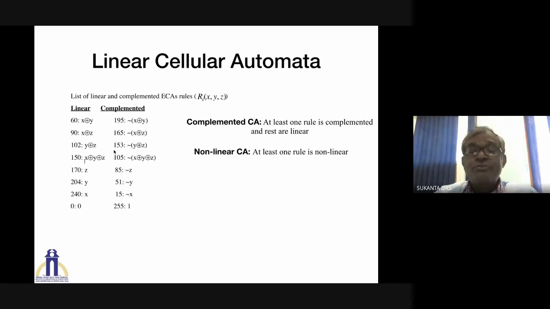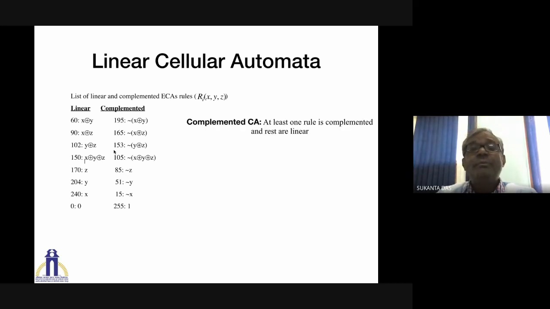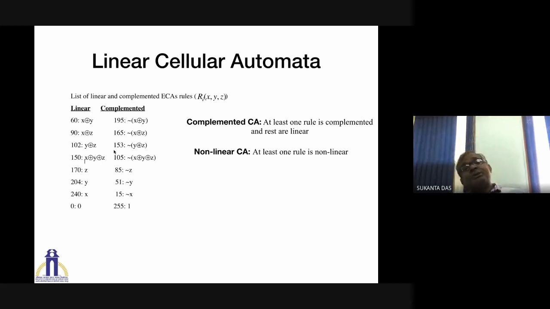I think I should stop here. So this is about it. Today we started from a very general definition of non-uniform CA, right? Then we discussed some subclasses. Finally, we reached finite non-uniform CA, and in particular, we discussed non-uniform ECAs, a non-uniform CA where the rules are ECA rules,